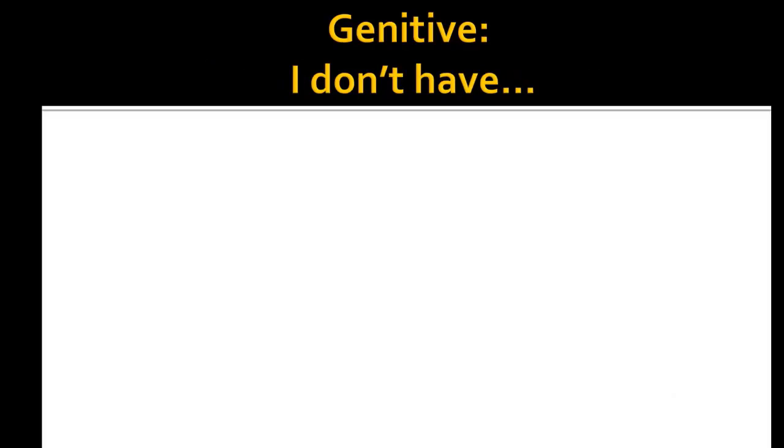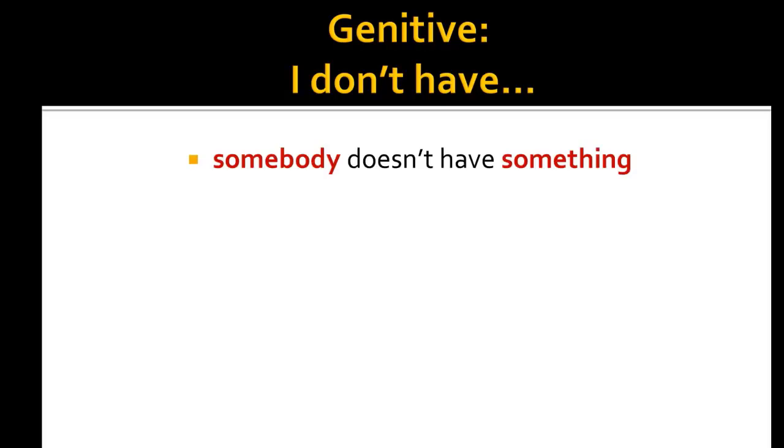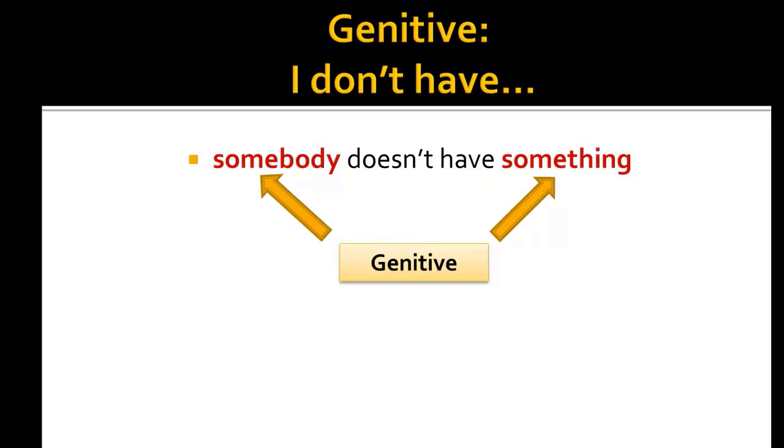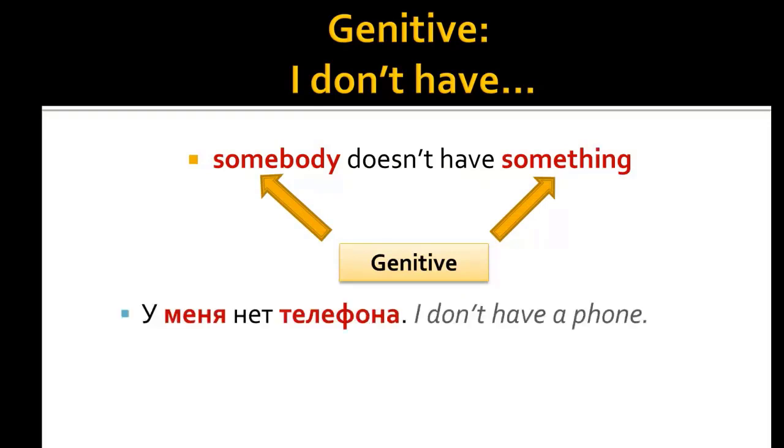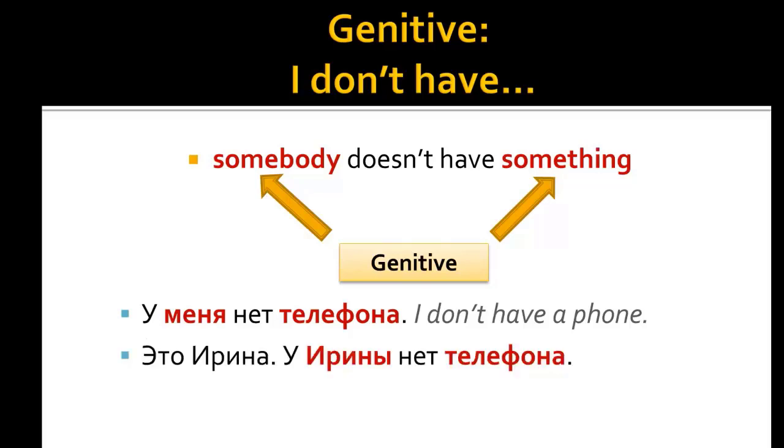You probably already noticed that when we say phrases like I don't have something, we will have two words in genitive. For example, in the sentence «У меня нет телефона», we have both the word меня and the word телефона in the genitive case. Меня is in genitive because I am the one who has or doesn't have something. The word phone is in genitive because it's something I don't have. Here is another example. «Это Ирина. У Ирины нет телефона.»